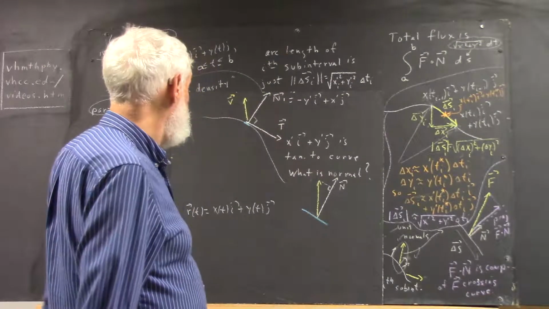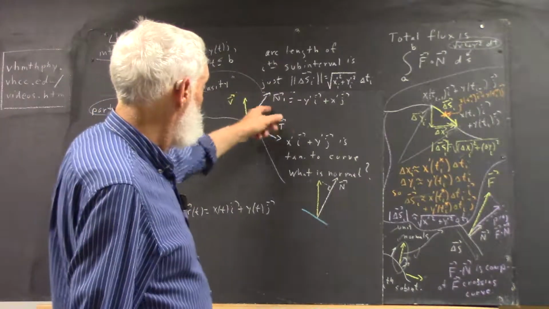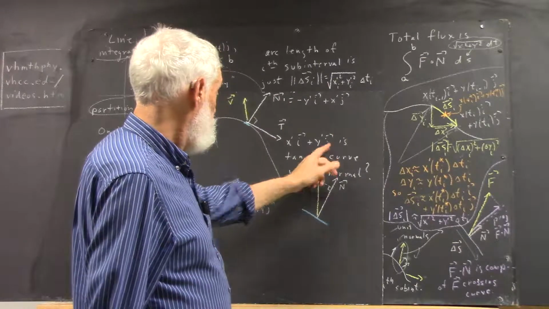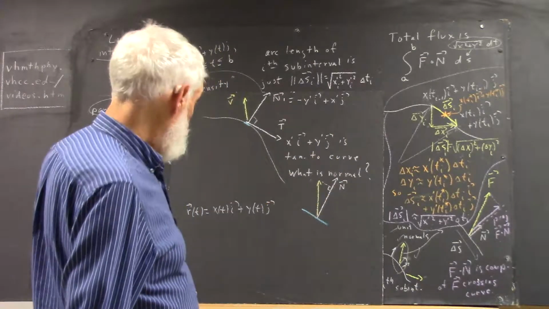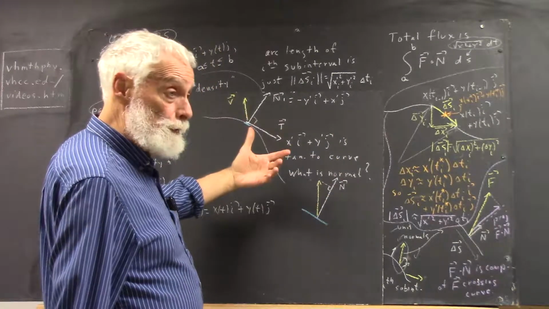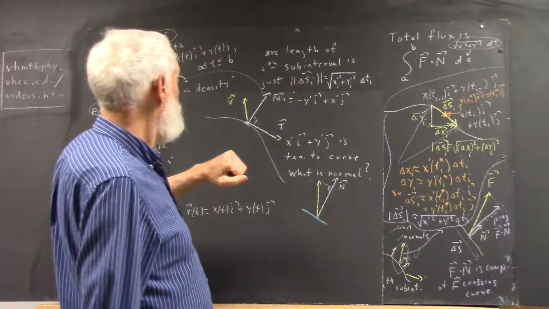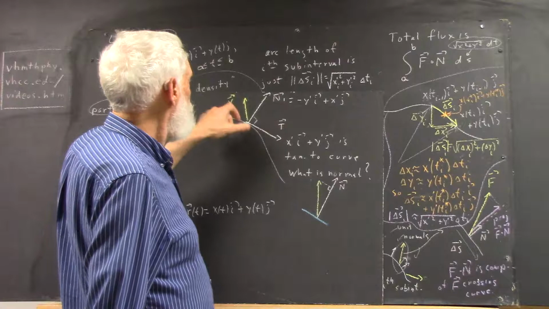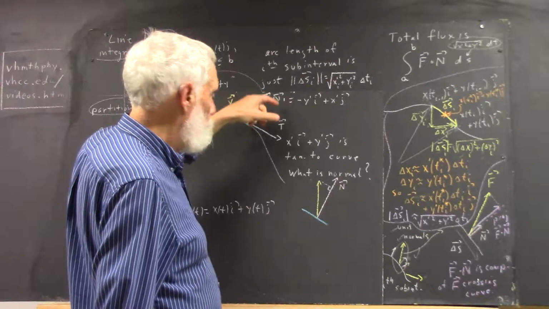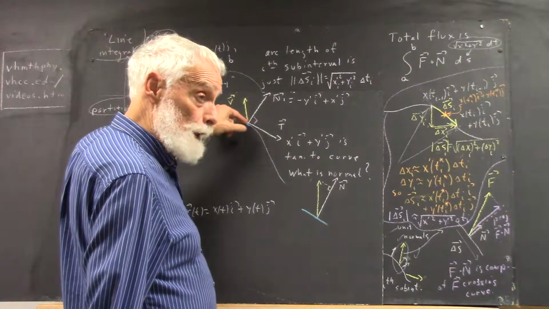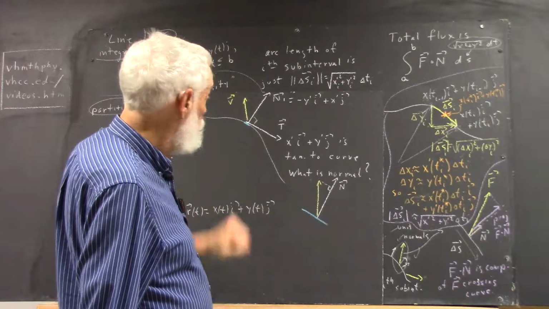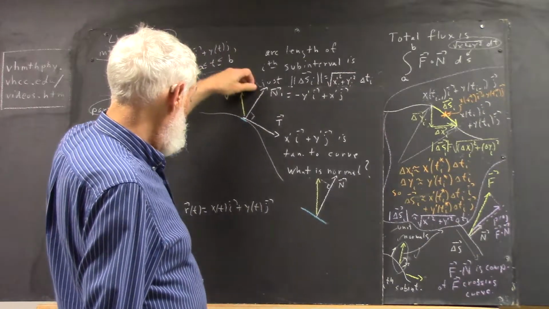Normal direction is perpendicular to the tangent direction. A lot of times we want to find flux integrals, how much of something is flowing across the surface. So we're going to want to integrate the dot product of some function with n. Now I used v for a velocity function, thinking of a fluid flow. In general, you're going to want to do